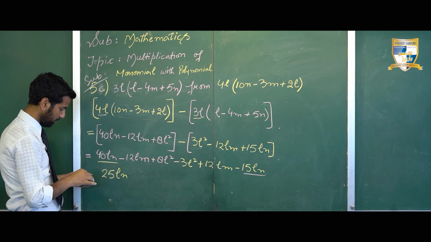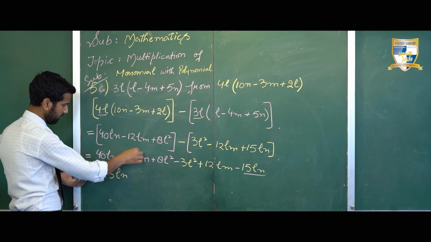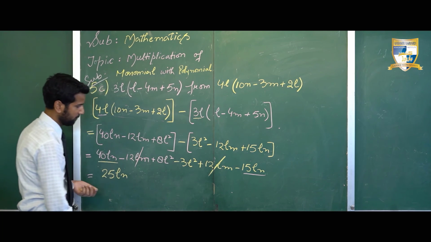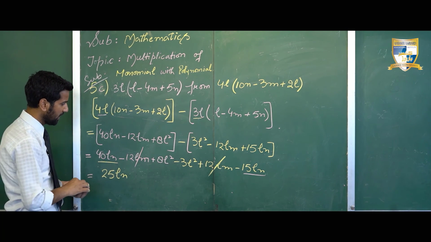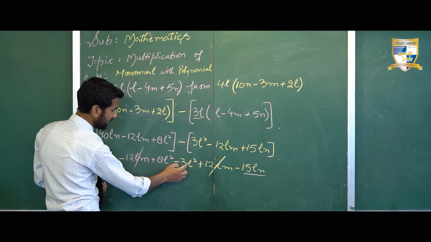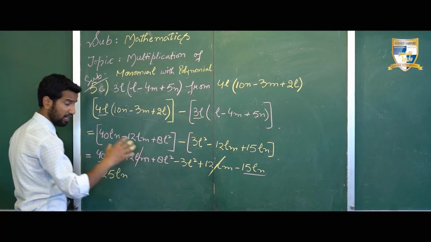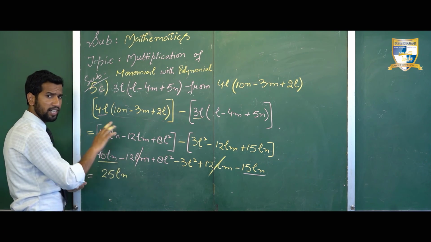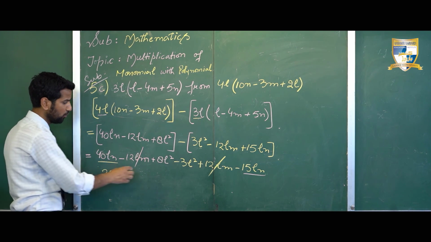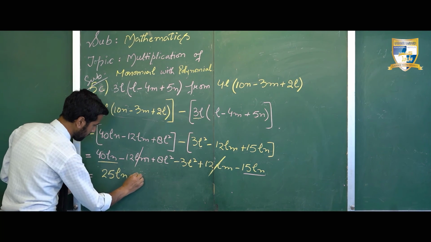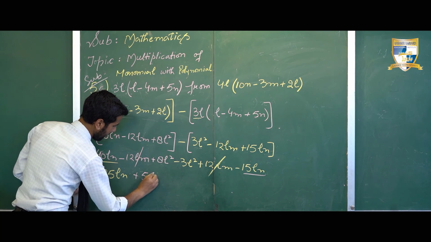Minus 12 lm will get cancelled out with plus 12 lm, so the result will be 0. Then 8l square minus 3l square: once again the two terms are like. The number, name and power of variables are the same, so we can subtract them. So 8l square minus 3l square will become 5l